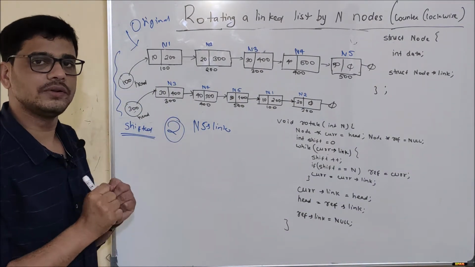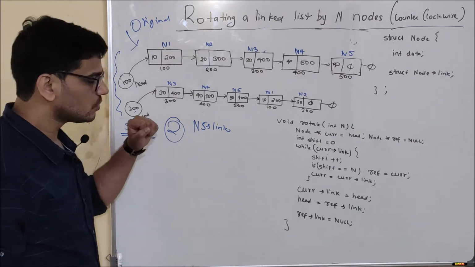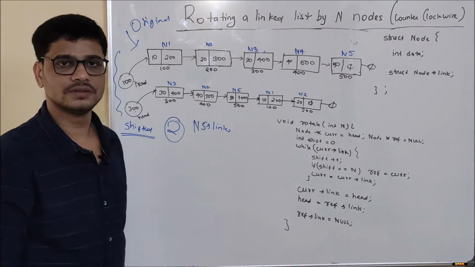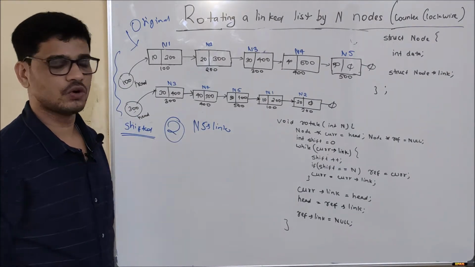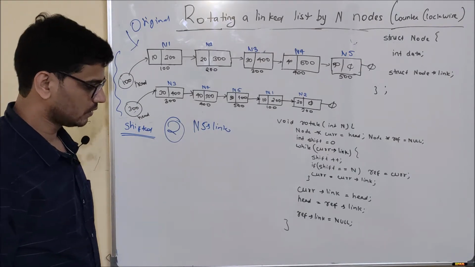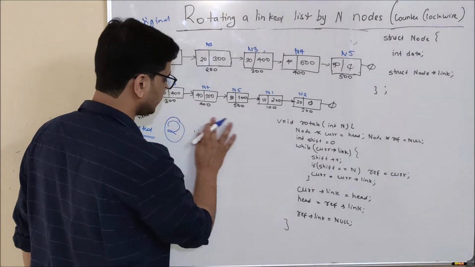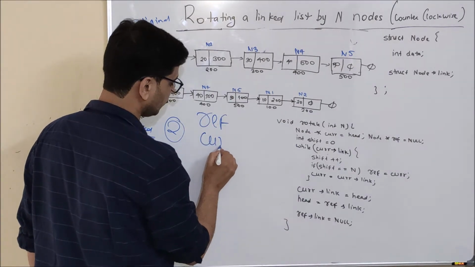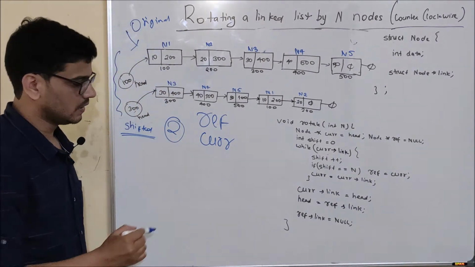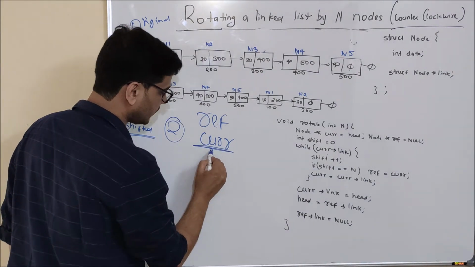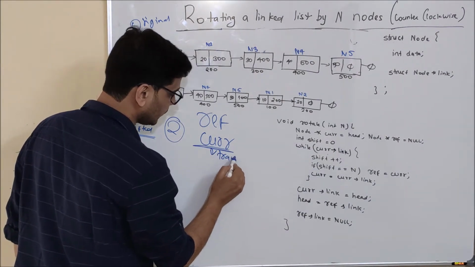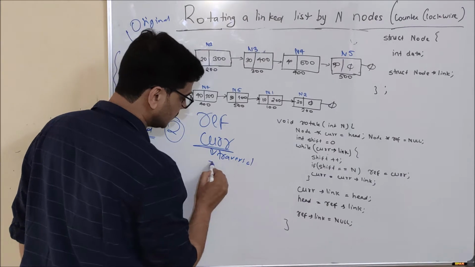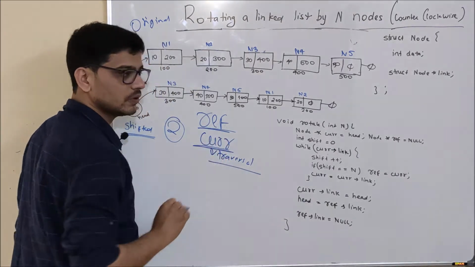And how am I going to do it? See, this is also an example of two pointers. So I am going to use two pointers to do this for us: one will be a reference pointer and one will be a current pointer. The current pointer I am going to use for traversal. You may be thinking, then why do I need a reference pointer?